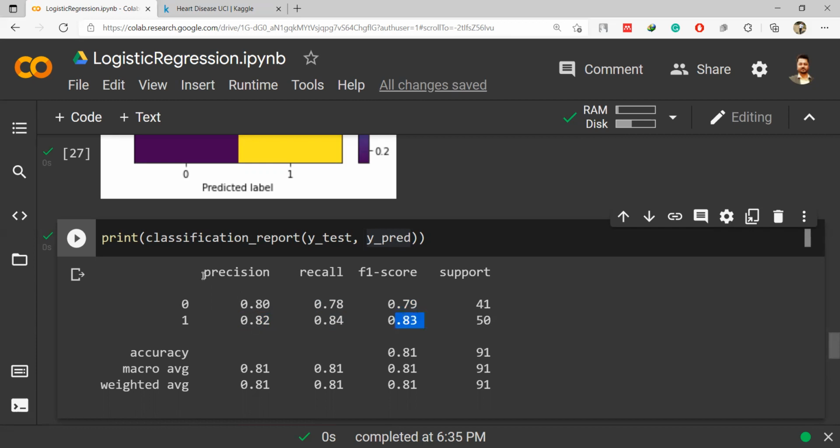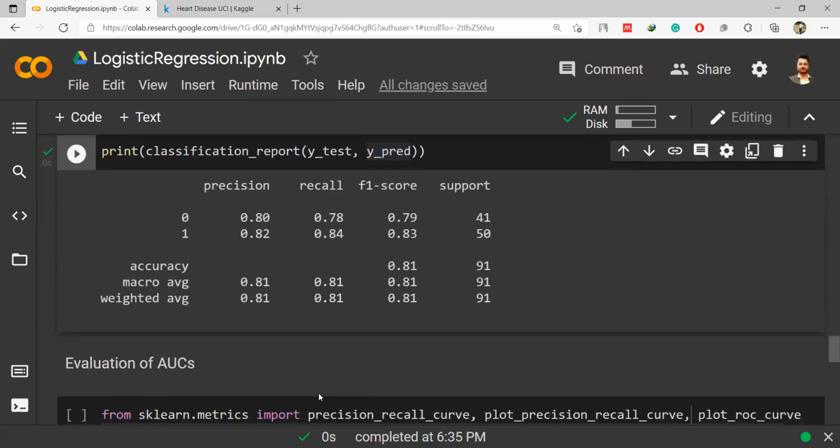So obviously these values are my micro precision, micro recall, all those kinds of values that we have studied in the lectures. This is my macro value, macro 81%, and weighted average is 81, 81, 81. In this case, macro and weighted are the same, but generally, if there is class imbalance, these numbers might not be the same for macro as well as weighted.